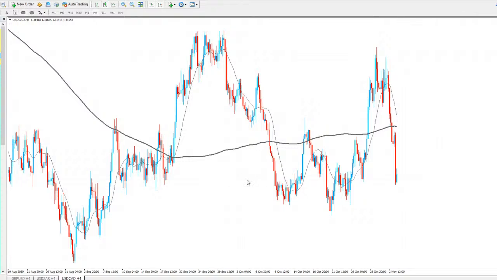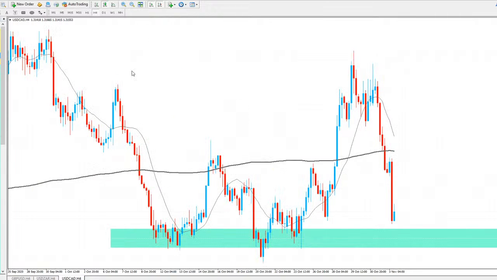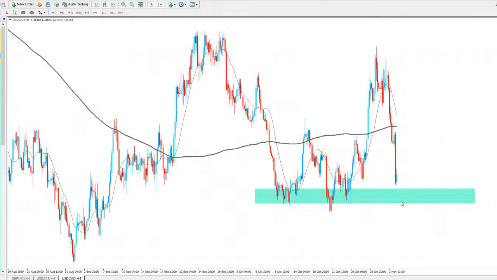The current candle is a little bit bullish, but again, the size of the bearish candle tells me that momentum is definitely to the downside for this pair. And again, we potentially could be seeing some opportunity to go long from the support area down here, but for me, the price action is looking very bearish right now, so we don't want to be getting into any longs for this one as of yet.